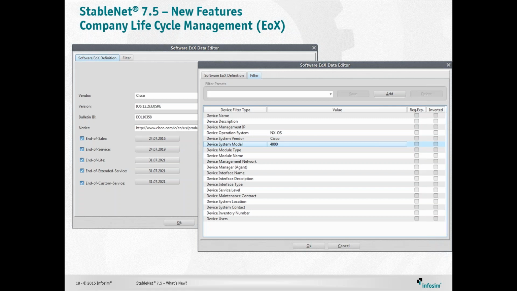So now with StableNet 7.5, you can add a device filter where additional to the version filter, you filter on a system model 4000 for Nexus 4000, on the vendor Cisco, which anyway is filtered on Cisco on the main filter, and you filter on NXOS, Nexus Operating System. That means this definition only matches versions where the device also has a model description of 4000,